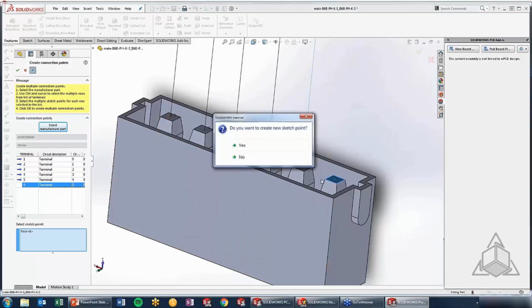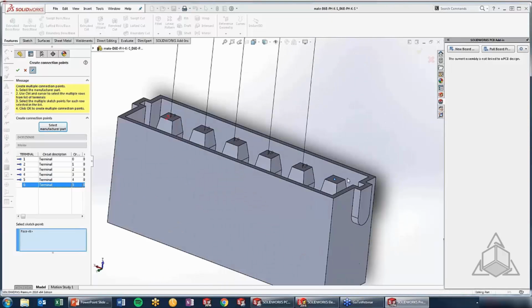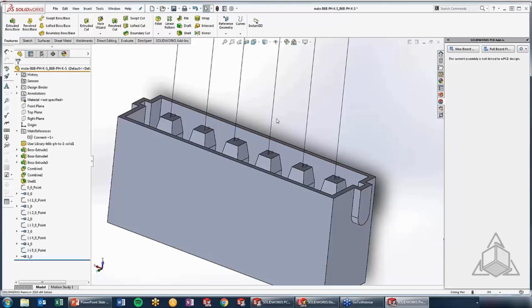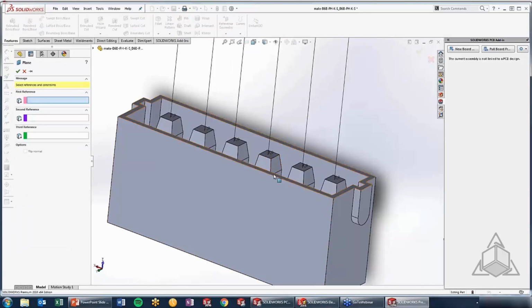Some of these connectors will end up being cables. So this is where individual wires are going to route to and from. So I'm good with that, and I can leave the command. If I want this to break out into a cable, all I'd have to do is add a quick plane,